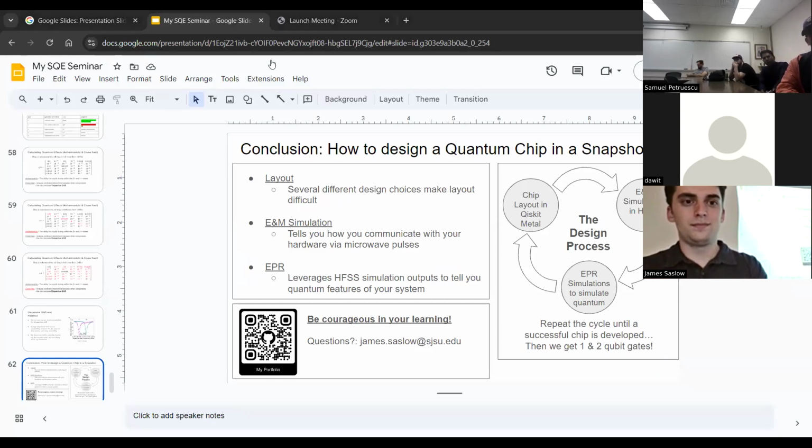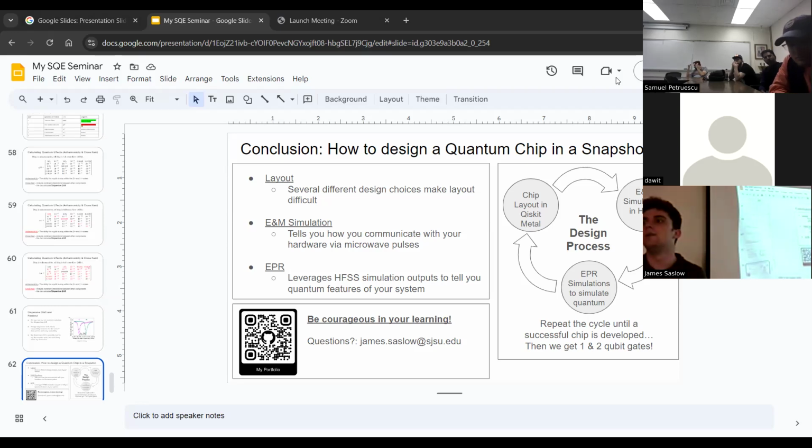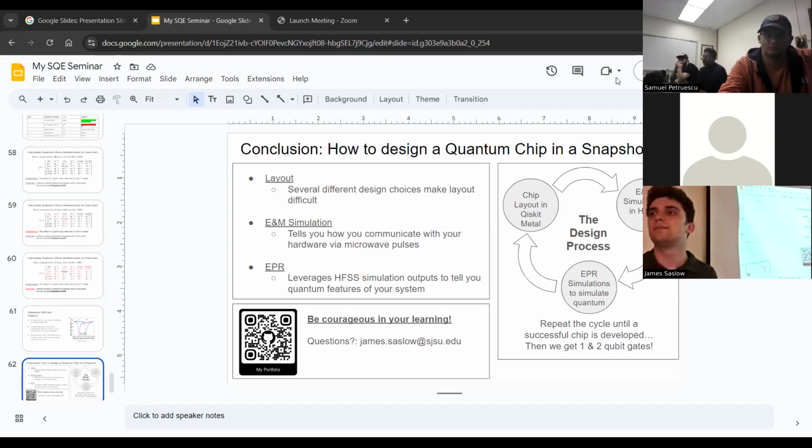So I have a few questions. This Qiskit Metal tool, as I understand, you can script the circuit, and it will then generate the layout for you. Is that how you use the tool? Yes, so you use Python to describe where you want to put each circuit element and which elements you want to connect together. It's very high level, so it's almost like algorithmic, scripted design. You can just write in high